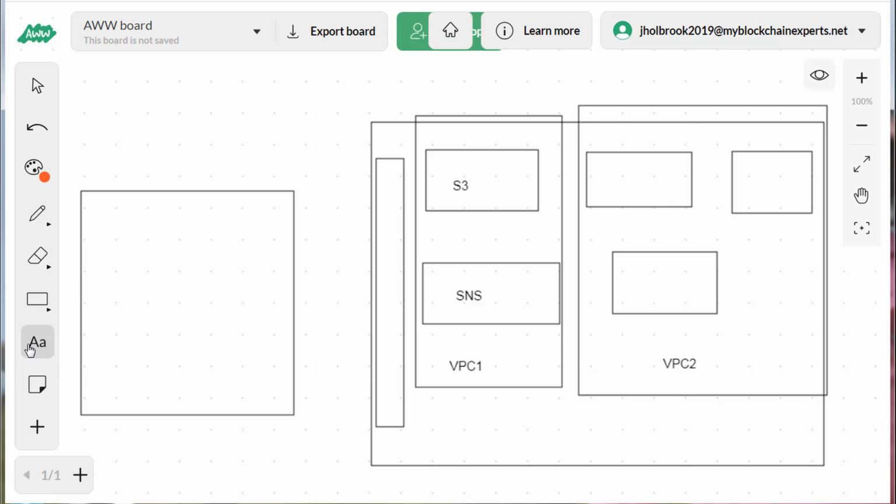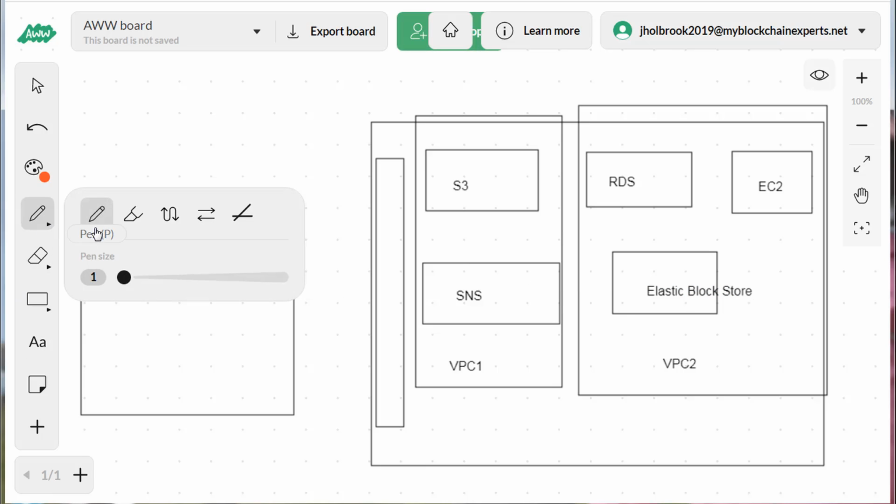VPC2, we might be running something like RDS. That might be Relational Database Service. And then we're running EC2. And because we're running EC2 and we want to have block data accessible with EC2, we may want to use Elastic Block Store. And again, very simple to set up. So basically what we could do